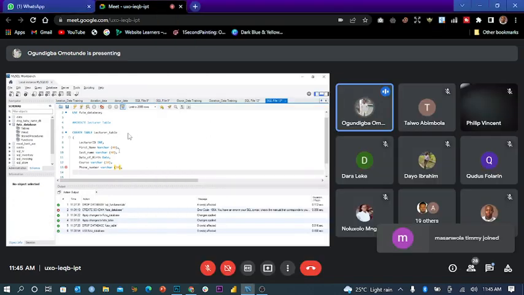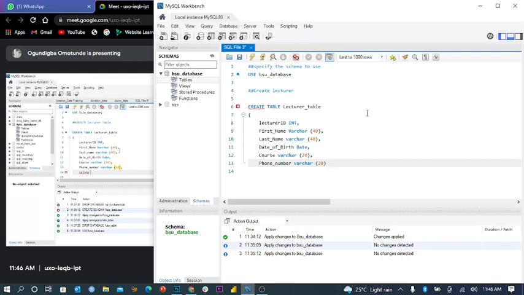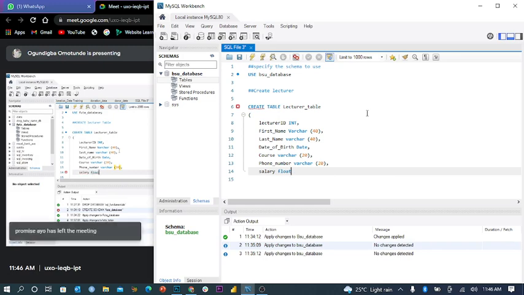You have the phone number, then salary. I'm assuming they pay my lecturers in dollars. So if they are paying them in dollars, then we'll be having floats. Float means decimals. Integers are whole numbers. But when you see float, it means decimals. So I'm assuming probably they are paying him $75.20 and what have you. But I'm assuming it's in dollars. I just want us to have an example and an experience with what decimals you float.